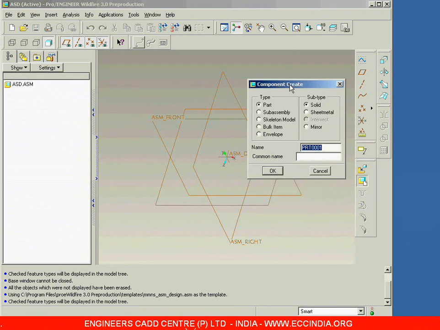And in this component create dialog box, first we have to select the type. That is whether we want to create a part or a subassembly. Now I want to create a part, so I am going with the type as part, and the subtype I am selecting here as solid. Then here you can specify the name of the part you are trying to create. Now let me create a block. So I am giving the name of that part as block. So select the type, select the subtype, and then give the name for that particular part,